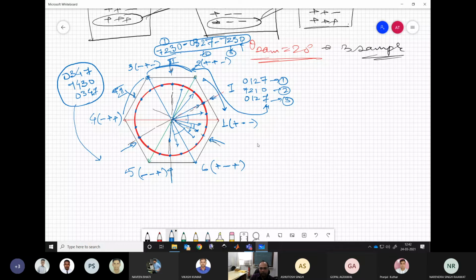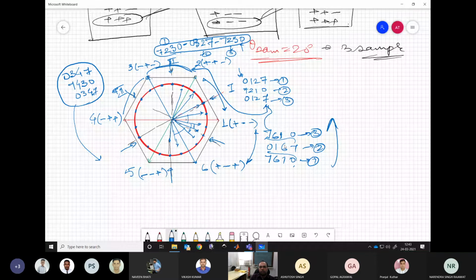It will continue. So here, what we will have in sector 6: we are starting sector 1 from 0, which means the 6 must have ended with 0, and so the first vector must be 7. So this must be 7, 6, 1, 0, the third sample. Then the second sample would be 0, 1, 6, 7, and the first sample would be something like 7, 6, 1, 0. So this continuity will be maintained. Wherever we are ending with whatever 0 vector, we start with that, and again we start with that, irrespective of where we are going.